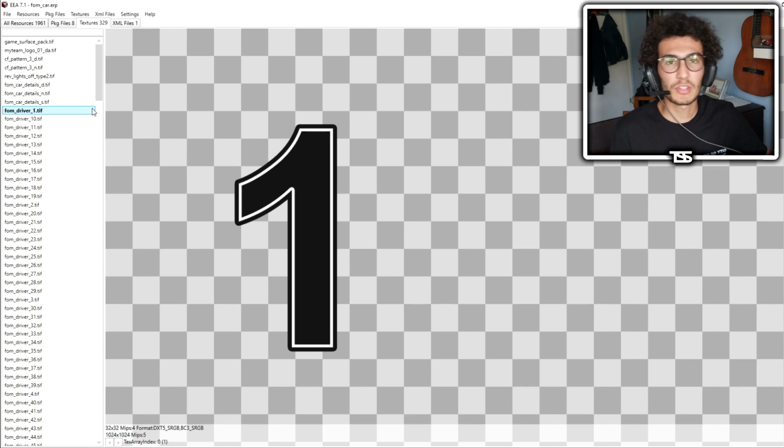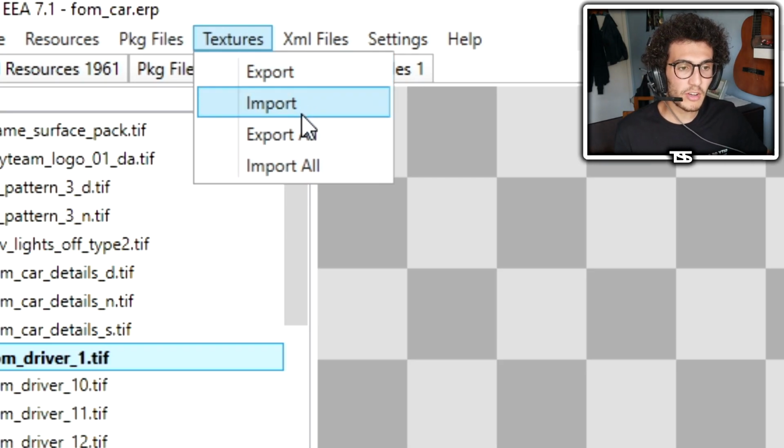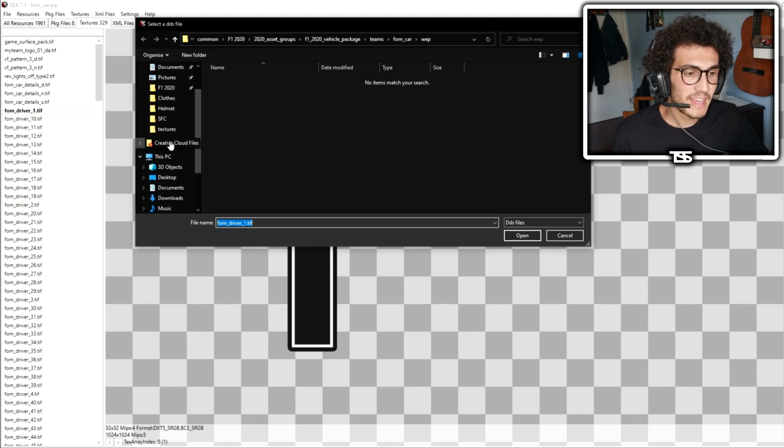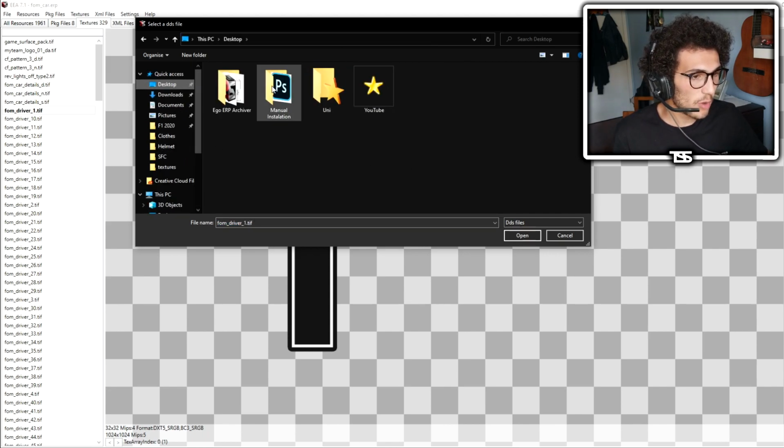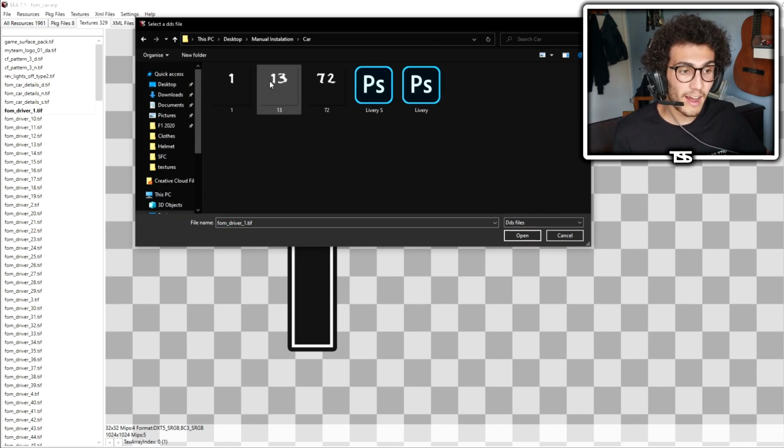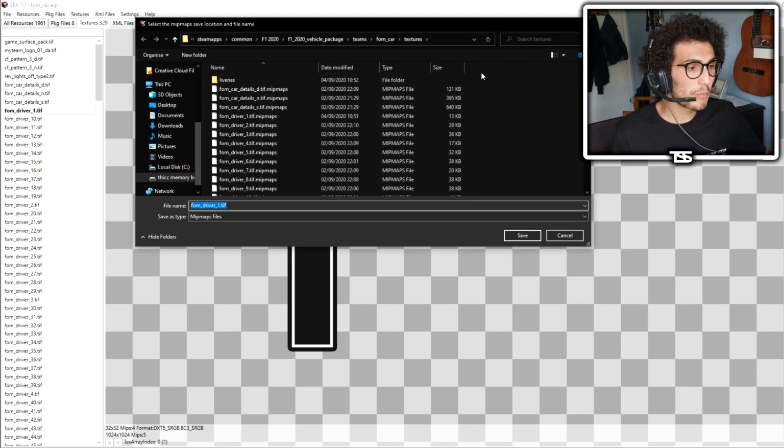So let's start with the numbers to make things simple. The numbers that are already in the original file are the 1, the 13, and the 72. Let's start with the number 1. So we're going to click on textures, import, and then you're going to click on the desktop, going to the manual installation, the folder car, and you're going to click on the 1. You're going to click on open, and it's going to appear already automatically the MIP maps folder, and this is